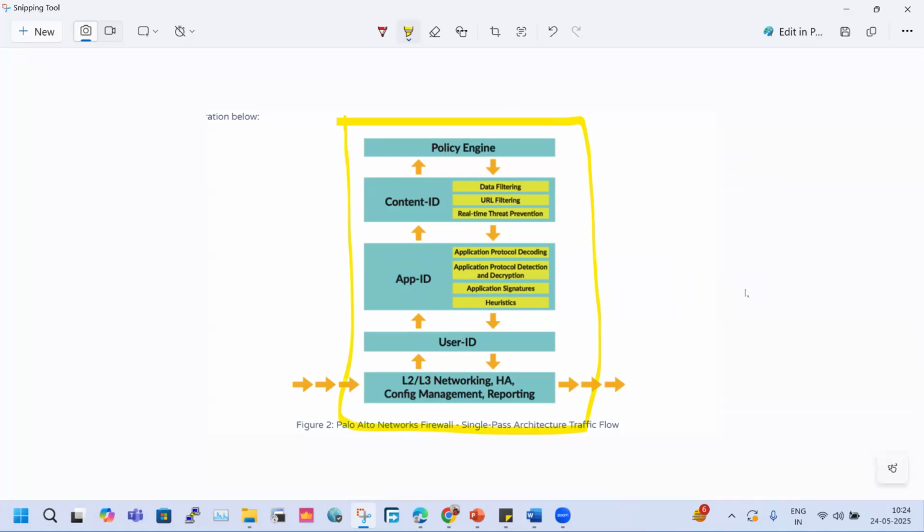So it depends on the administrator, but it is good practice to use all the features, whether it's LAN or WAN. If you're going to LAN, then you don't need URL filtering, so don't go for URL filtering, but at least go for content filtering, where it will check for antivirus, anti-spyware, vulnerability protection, right? Zero-day attacks, all those things will be verified by the firewall. If it is legitimate, or if it doesn't have any virus, worm, Trojan or any kind of malicious things, then it will forward, else it will block the traffic, right?